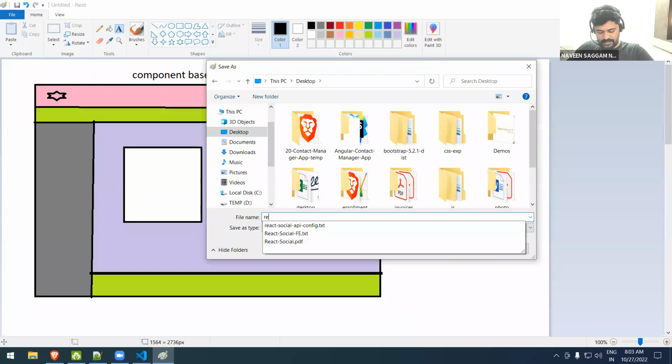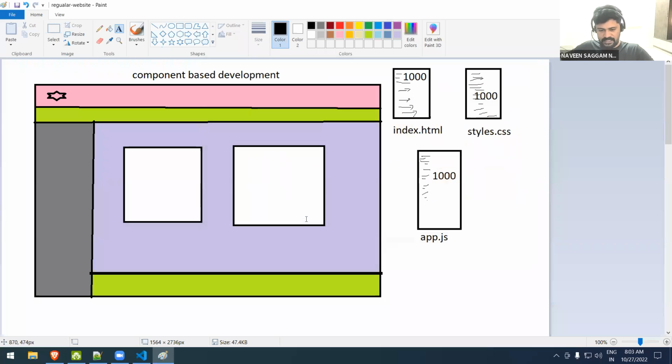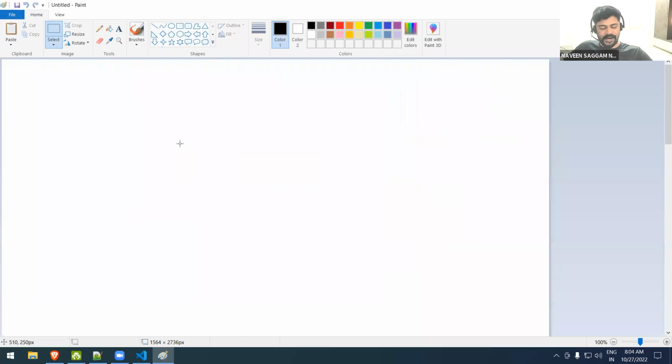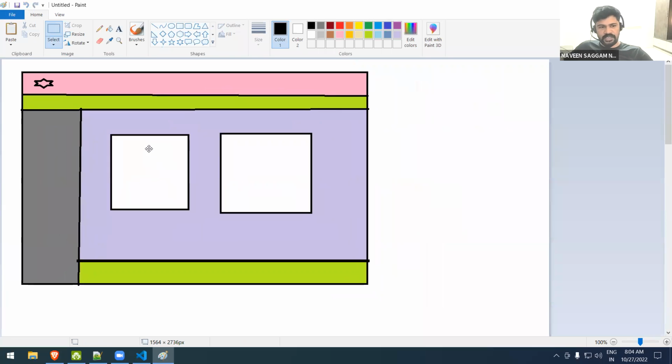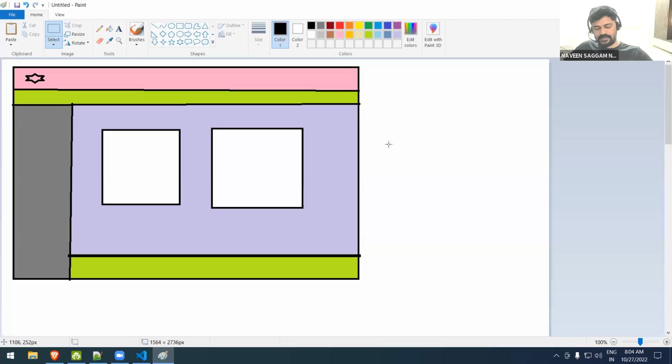Let's say regular website. Okay, so let me take this. So let me discuss about the component based development, how React works. I'll tell you. See how React works. This header is one component, right? So only for this part, you will write one HTML file, only